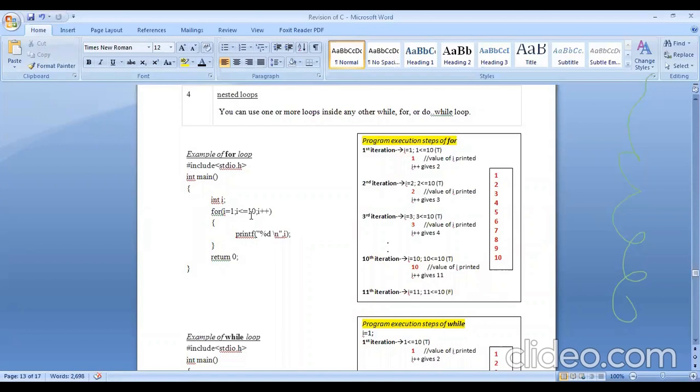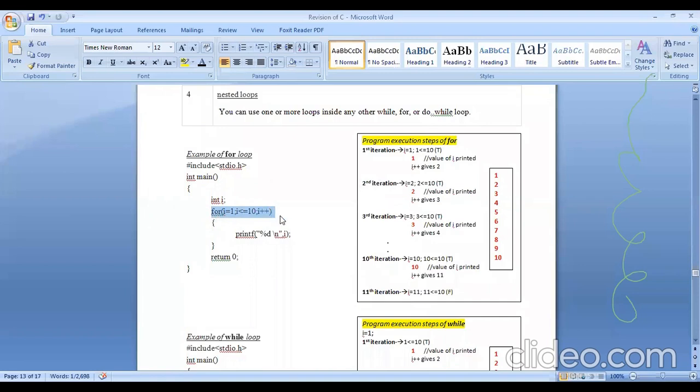This is the condition based on which we will decide whether or not the particular body needs to be executed. Then followed by that, we have the updation part. Updation will either increment or decrement the value of the counter you have taken. Here I have taken an increment operator. So this is how we write the for statement.